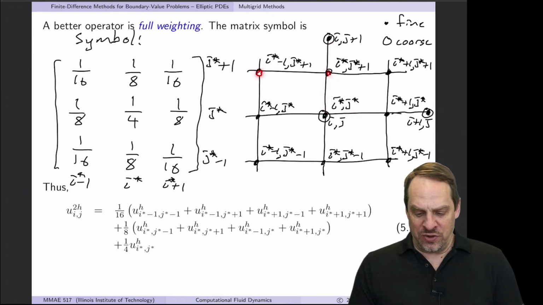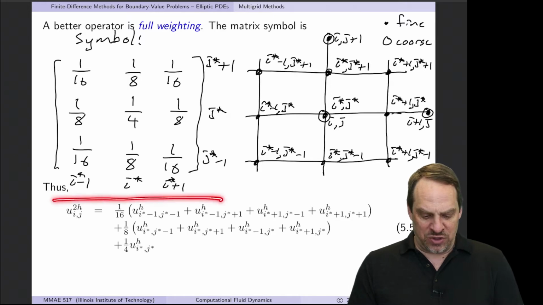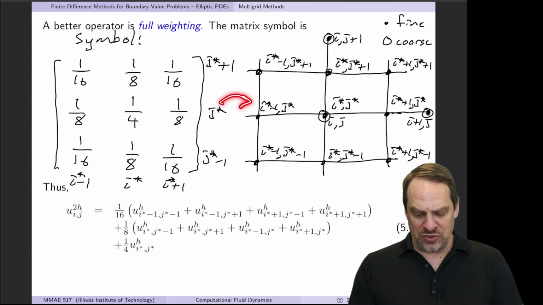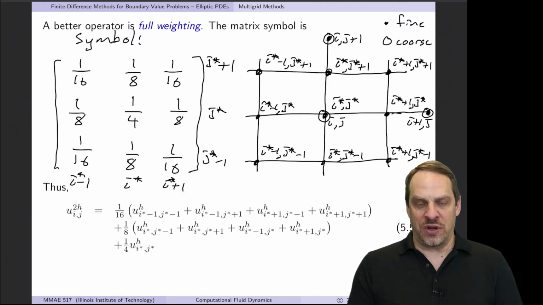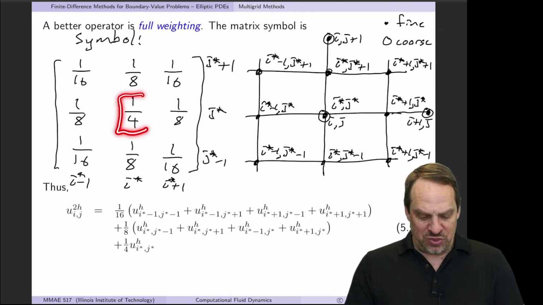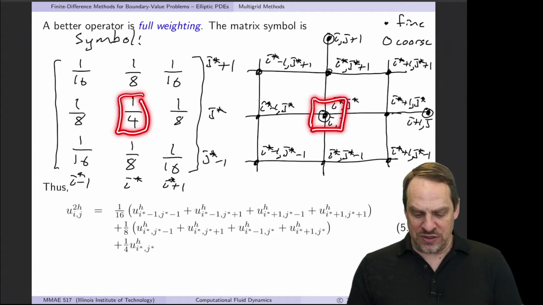And then the fine grid points, which are separated by delta x, delta y, and you can see those with the starred indices. So the same I star j star corresponds to ij, and then I star plus 1, j star, and so forth surrounding this. The way the symbol on the left works is this gets superimposed onto the grid on the right. This center point corresponds to this. It's the weighting factor for this point, and then the